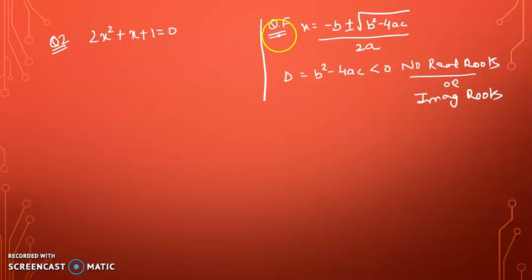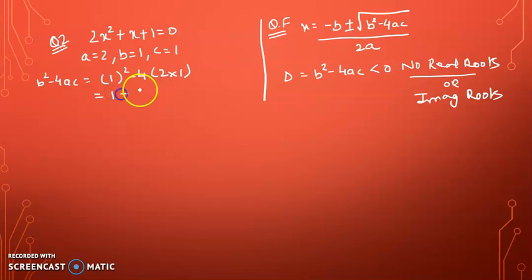So now this quadratic formula, I'll tell you to rewrite, and you can then directly use these formulas for these equations. For this equation, when you check, the discriminant is less than 0. See here, a is equal to 2, b is equal to 1, c is equal to 1. Check the discriminant, b square minus 4ac. What is the value of b? 1 whole square minus 4 into a into c, right? 1 square is 1, minus 2 1s are 2, 2 4s are 8, which is equal to minus 7. Now this is negative 7. This is less than 0.